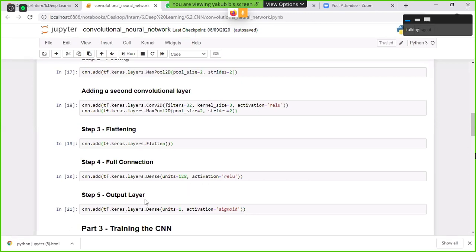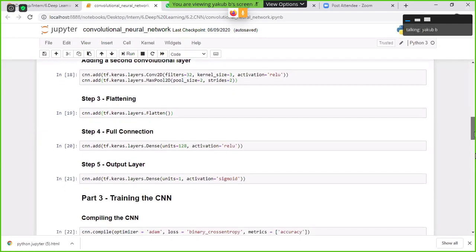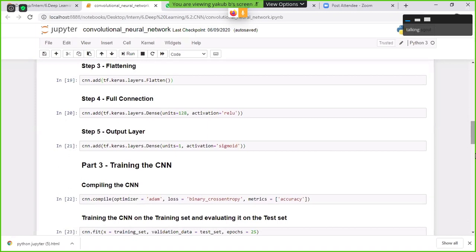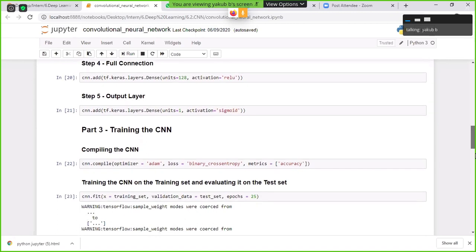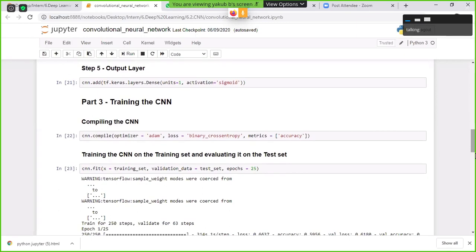Here I want to add the output layer next. Our problem is a categorical problem, that is, a binary classification problem. Here I am specifying output unit as only one. For this output unit, since it is a binary classification problem, as I suggested already, sigmoid is the suggestible activation function. So here I used the sigmoid activation function. After applying that, we need to compile our model. So here I'm compiling our model.